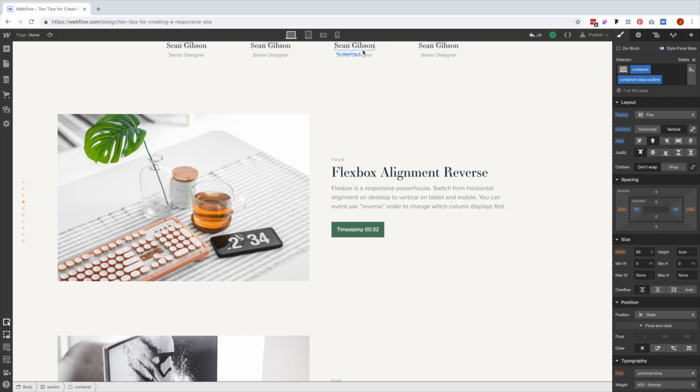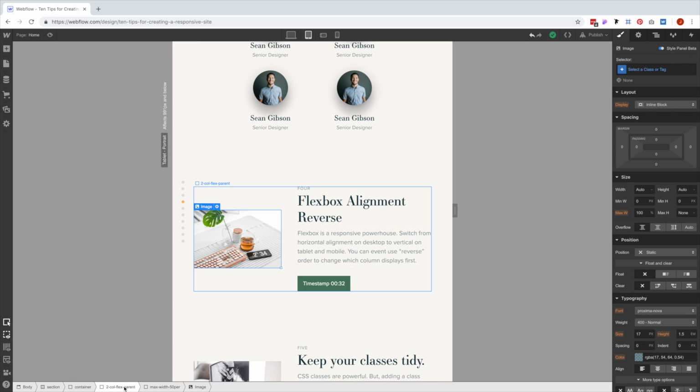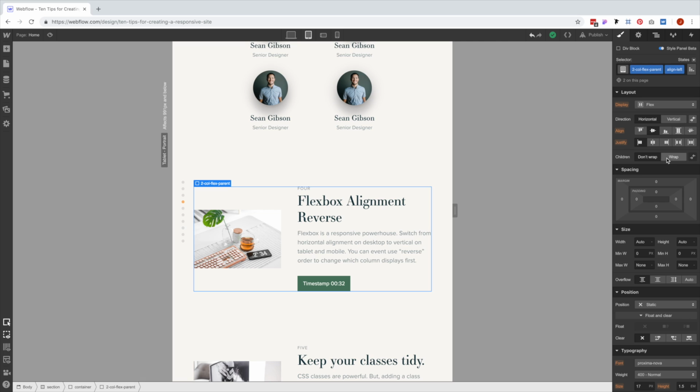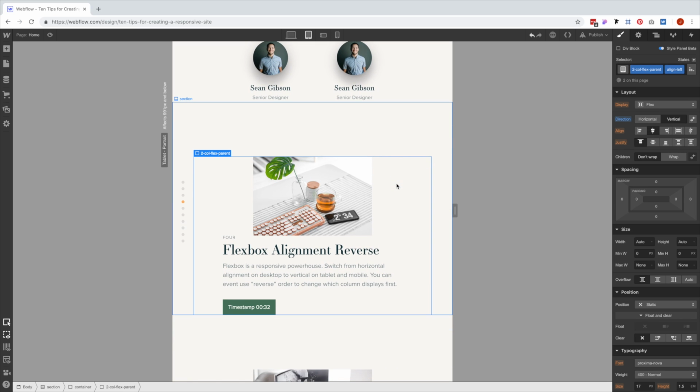So again, here on desktop, it looks great. Once I go to tablet, though, it doesn't look as good. The image is way too small, and the text is starting to feel pretty scrunched. So if I go to the Flexbox parent that's holding all this content, I can simply change the direction from horizontal to vertical, and we're starting to see some improvement. They're now stacking on top of each other in a one-column layout, and that's pretty good, but we can do